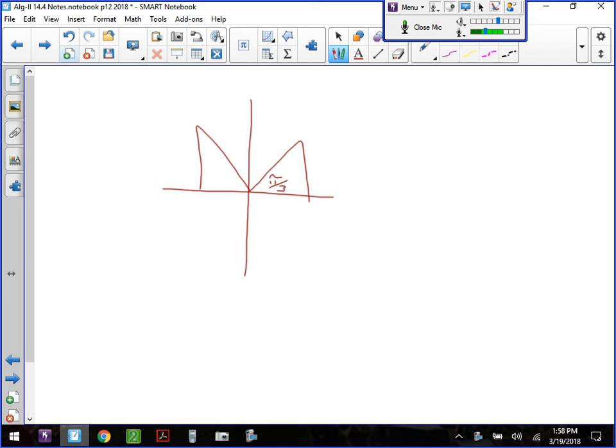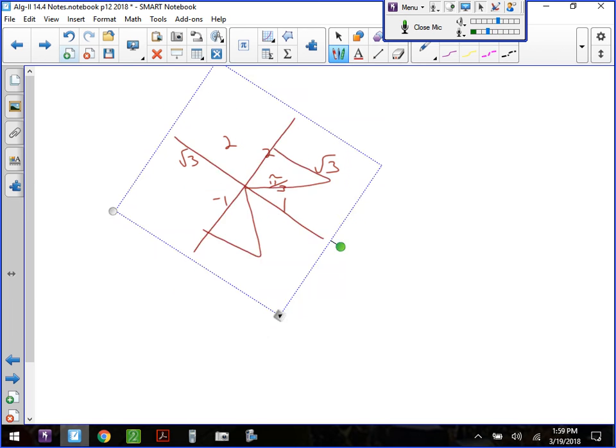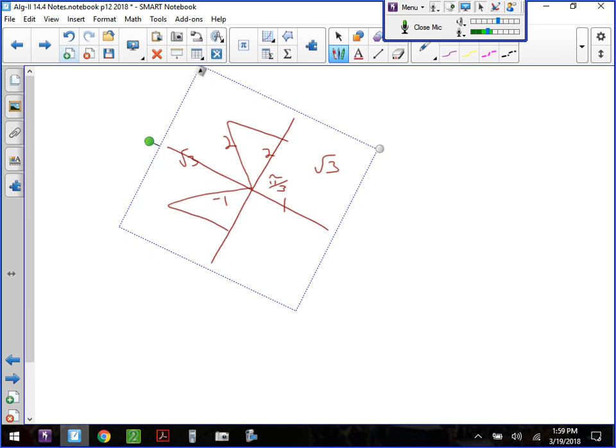And it was a sine one, so this would be my root 3, here's my 1, my -1, my root 3, and 2. So whenever you plot these things, if you wind up with the two solutions that you find, or the answers that you get, next to each other in each quadrant, whether it's quadrants 1 and 2, or quadrants 1 and 4, or however it works out,